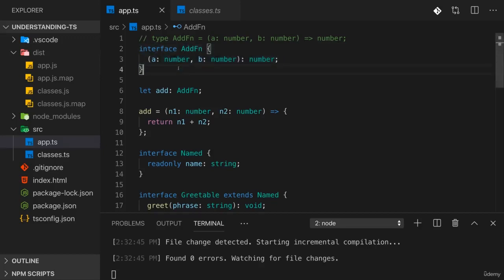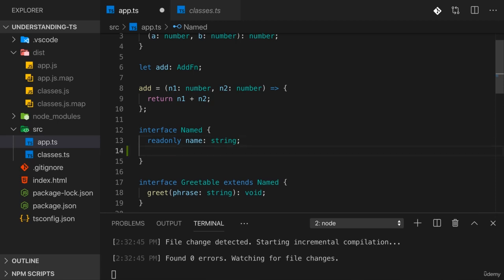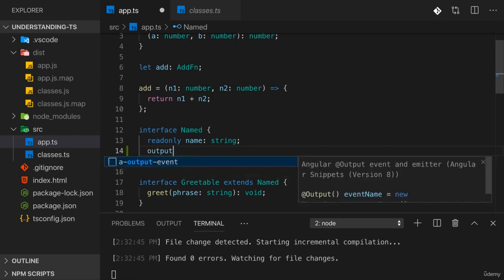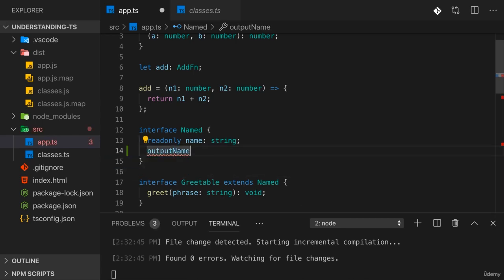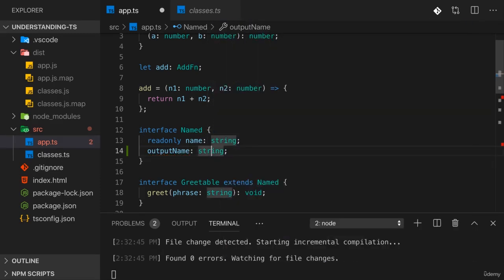Let's come back to interfaces for objects. You can also define optional properties in interfaces and also in classes, as I will show you. For that, you add your property name. Let's say output name here. Can be whatever you want, of course, and that should be a string, but I don't want to force every